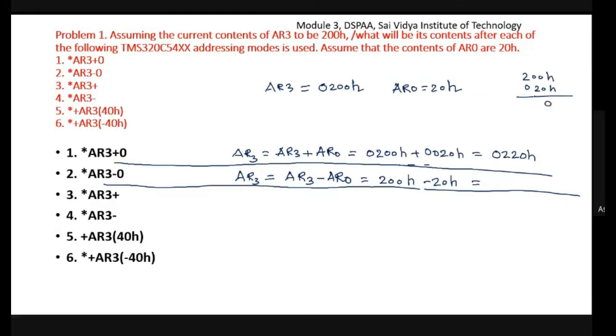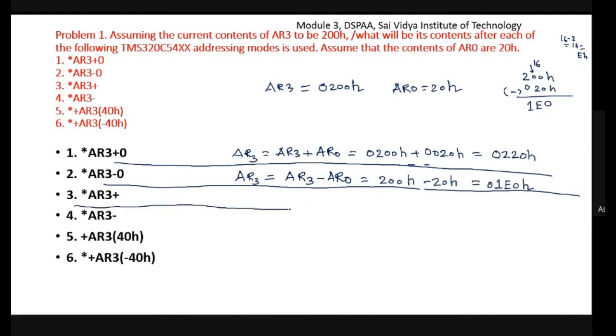Here 0 minus 0 is 0 only. Here 0 is there, I will take a borrow from this fellow, that is 16 in hexadecimal. 16 minus 2 is 14. 14 in hexadecimal is E. So here this becomes E. When this fellow has given one borrow to this person, he will obviously become 1. So 1E0 hexadecimal is the answer. Ma'am will write one more extra 0, so 01E0 hexadecimal is the answer for this.